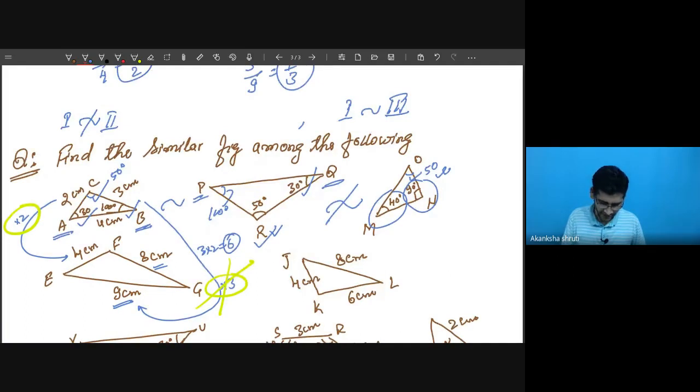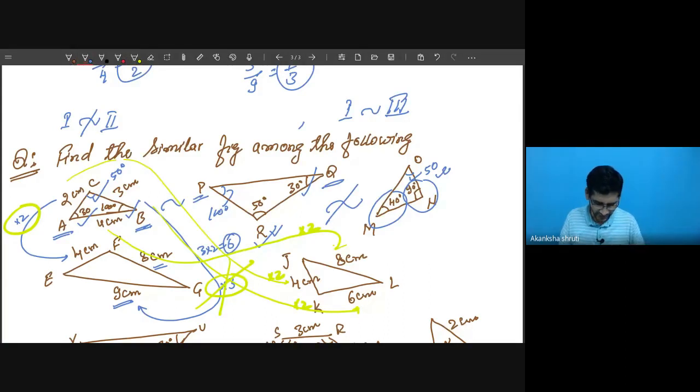Here we are observing this 2 is becoming 4 and 3 is becoming 6 and 4 is becoming 8. So here every time we are getting the factor is 2. Also the factor is 2. So when the factor is 2, means the ratios are equal. So when such same factor is obtained, the two triangles will be similar. Now we have to search what are the corresponding vertices.